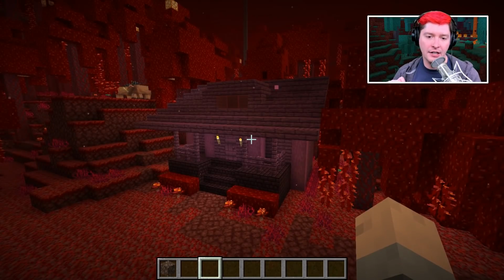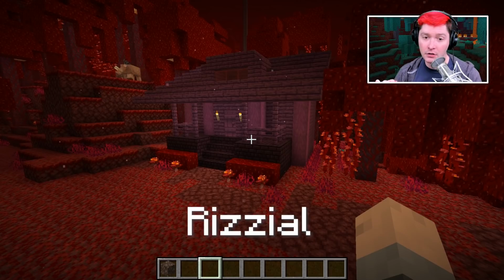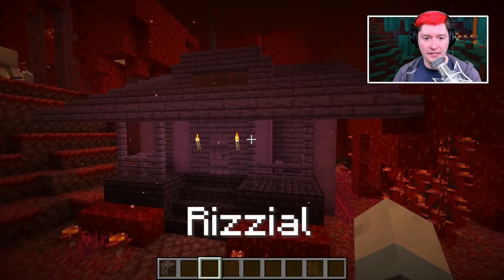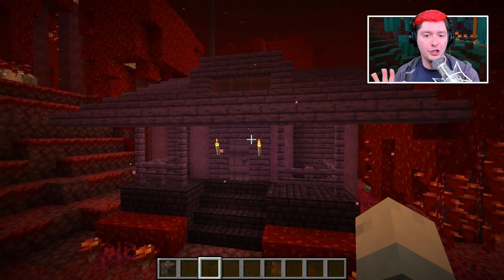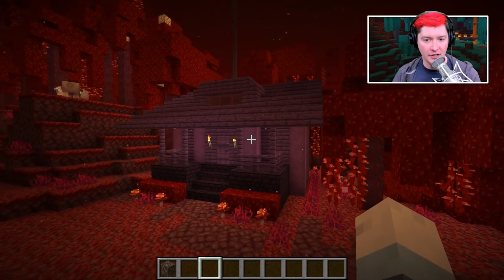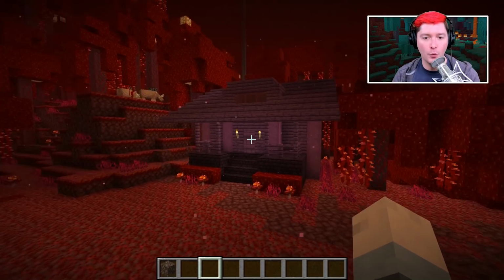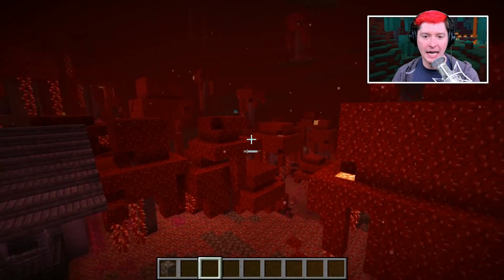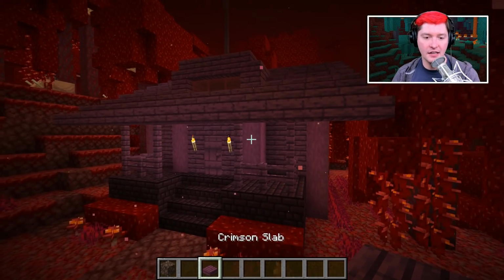So this build here is actually a basic copy of Raziel's simple build. So this is just a home, but I have completely rechosen the new palette, which is obviously all of these reddish blocks. With this build, I wanted to build a normal looking home using the palette of the biome that we are in. So because we are in a Crimson Forest biome, I am using only things that are crimson